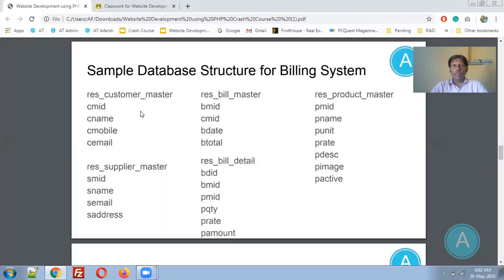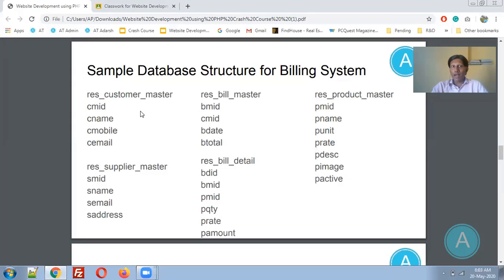What we did yesterday, we finalized the functionality. Now we are supposed to prepare the database of the same. So I am preparing the database of the billing system. Suppose you would like to generate the bill, you need to prepare the database and tables for the particular billing system.